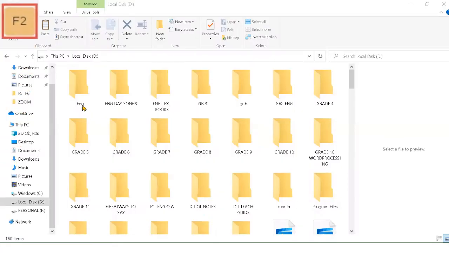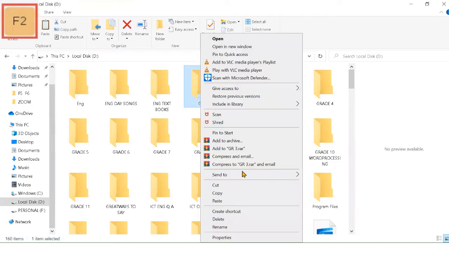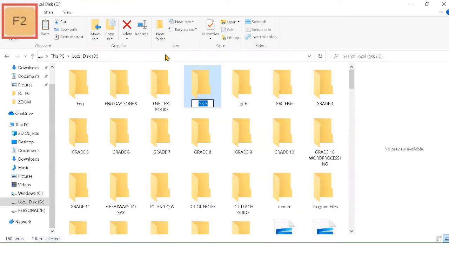Next, we are going to see about the F2 key. This key helps to change the name of files, folders, and images easily. We usually rename by right-clicking the image, file or folder and selecting the rename icon.